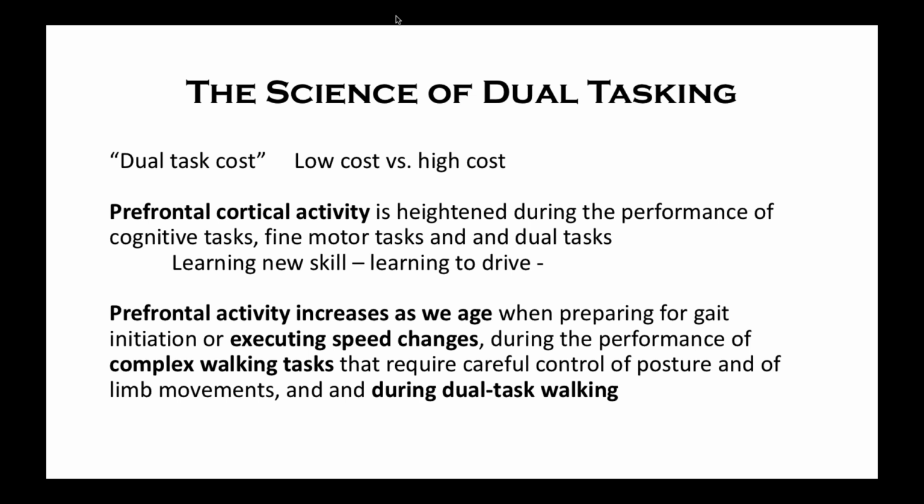stability. The other way that people can look at it, or researchers can look at it, is they can actually look at it under brain activity. So they're using a type of MRI and looking at how much the brain is lighting up in that prefrontal cortex. When we are learning new skills, even if we're younger and they're looking at someone young learning to drive